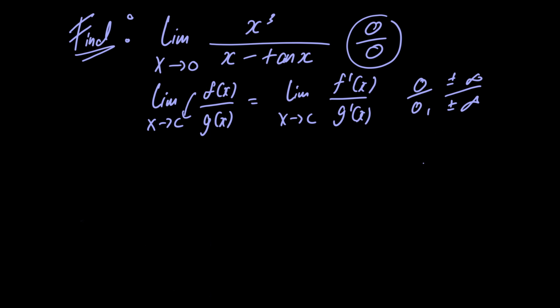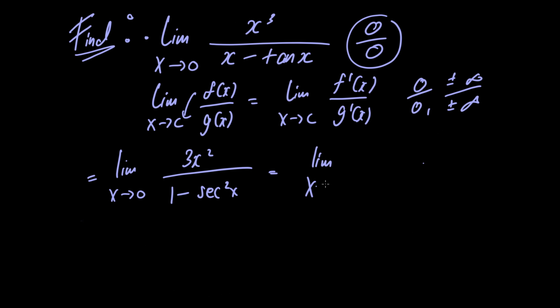criteria is satisfied. Now x cubed is differentiable at 0 and so is x minus tangent of x, and we have an indeterminate form of 0 over 0, so we can apply L'Hopital's rule to this problem in order to solve it. Doing so, we have the limit as x approaches 0 of 3x squared divided by 1 minus secant squared of x. We can rewrite this as the limit as x approaches 0 of 3x squared divided by minus